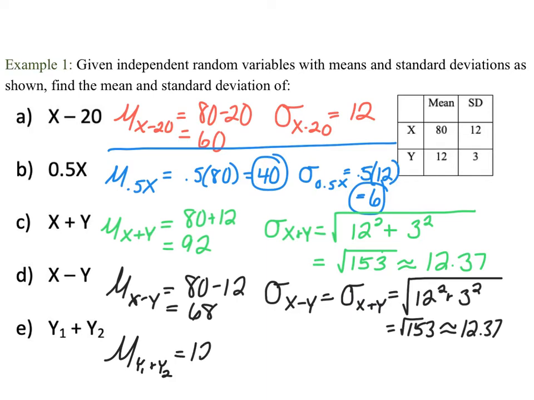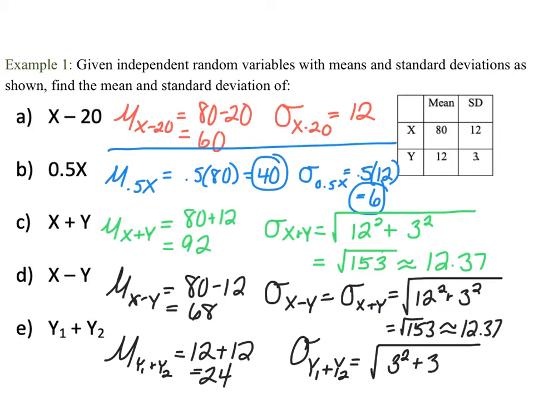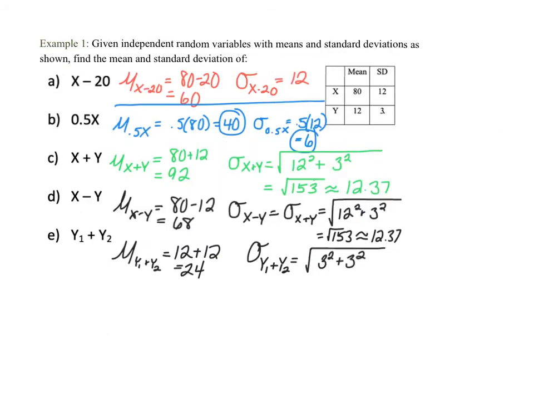So this would be equal to just 12 plus 12, or 24. And the standard deviation of y1 plus y2, my variation, is going to grow, all right? But I work off of my variance, which is the standard deviation squared. So it would be 3 squared plus 3 squared, which is the square root of 18, or approximately